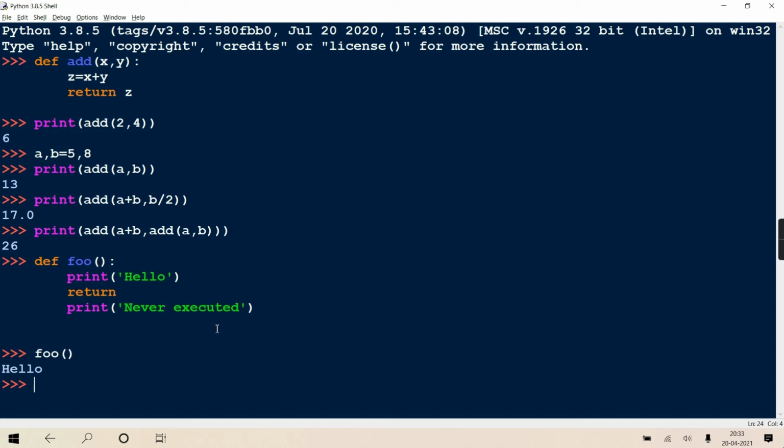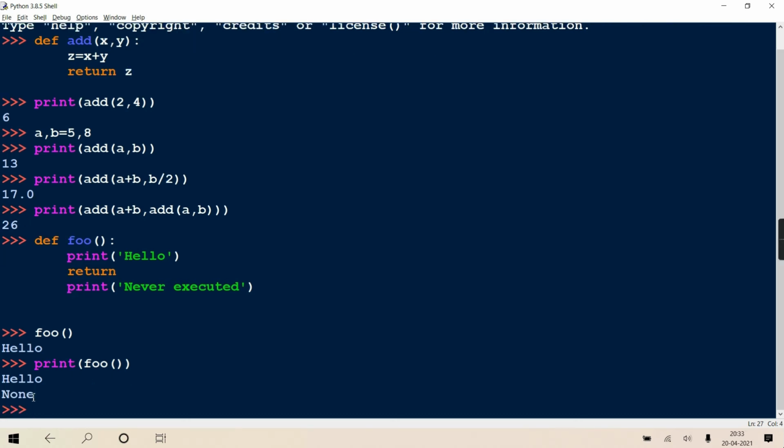Yes. Okay? And when the function doesn't return anything, and still you try to check what it is returning, it returns by default None. Getting? Like the same one, if I write print foo, so foo is called, hello is printed, return stops the execution, comes back, but it is just a return, so it's not going to return anything. So what will it return? None. And if you check it, it is None. So hello printed, but this returns None.